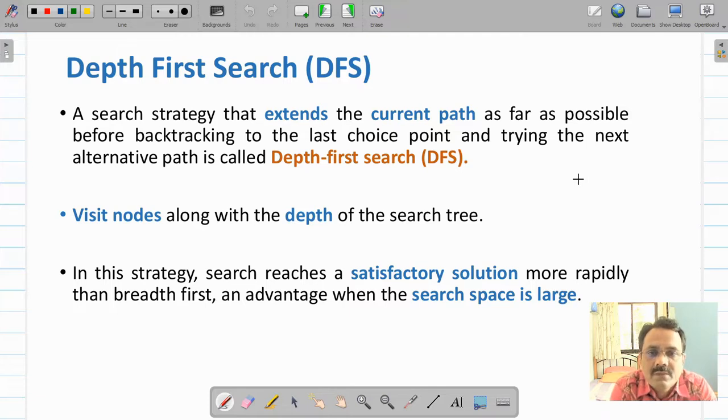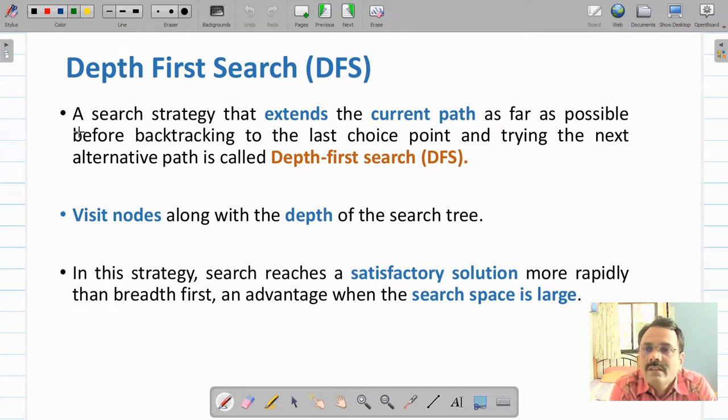Then we have set of rules. This set of rules we use to find out successor states. So that's how state space tree will be generated, and depending upon algorithm we will traverse through this state space tree until we reach to the goal state. Then how we traverse through this state space tree, that will be decided by the algorithm. So today one of the technique we will be discussing, that is called a depth first search.